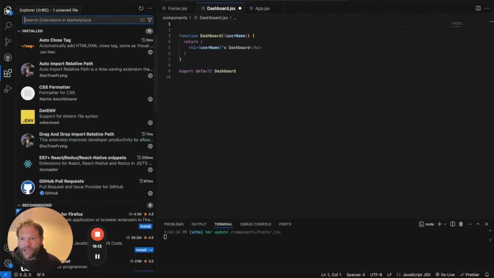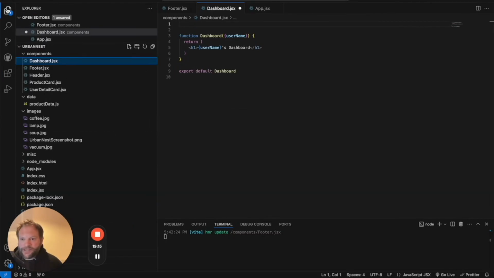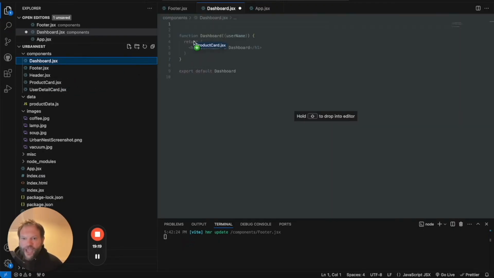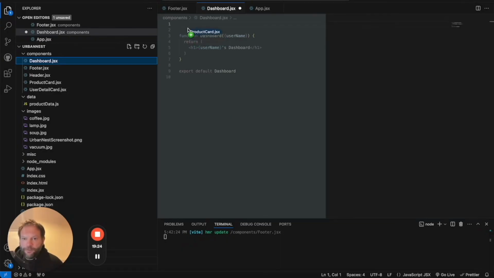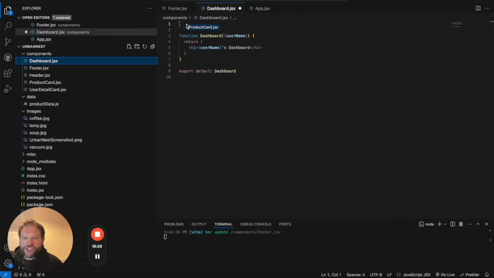So let's just go back to the files. And what I'm going to do is take this component that we want to import. I'm going to drag it over. Now, if I let it go now, it's just going to open the file. But if I put it in position, hold down the Shift key and then release the mouse button, there I get our full import statement, including the relative path. This is a really short relative path, so it wouldn't have been that much trouble to write it ourselves, but it's done it for us. All we need to do is update the name. And now we can use the product card component.